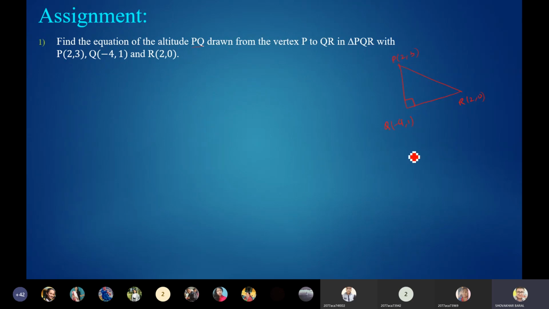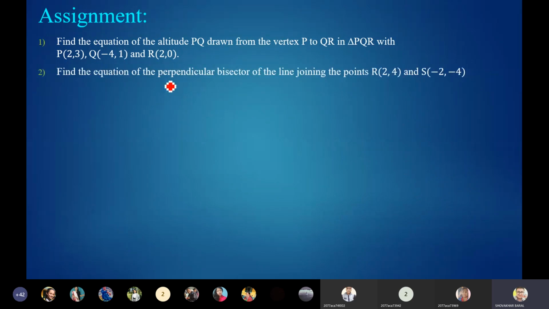How to find it? Find the slope of QR, that is M1. पहिला QR M1 निकाल्ने. कसरी निकाल्ने? QR को slope. And find M2 by using the concept M1 times M2 equals -1. Step number 3, passing point is already given here. Either you can use P. If it is the same case, then you use either P or Q. Don't use the current point as passing point here. So use passing point (x1, y1). And step number 4 is y minus y1 equals m2 times x minus x1. I hope you can solve this question. Okay, I am just giving the hint here.